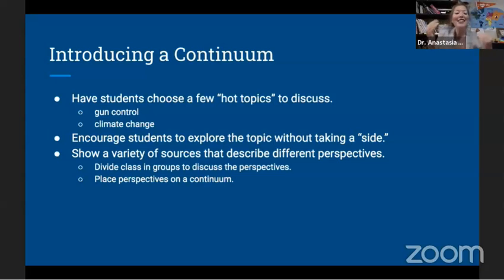So I had students explore the topic without taking a side. And I showed a variety of sources that describe different perspectives. I had my students also explore depending on what level they were. I divided the class into groups to describe the different